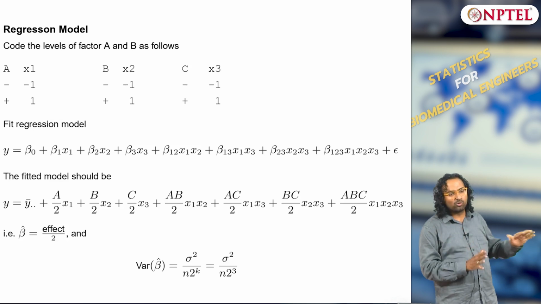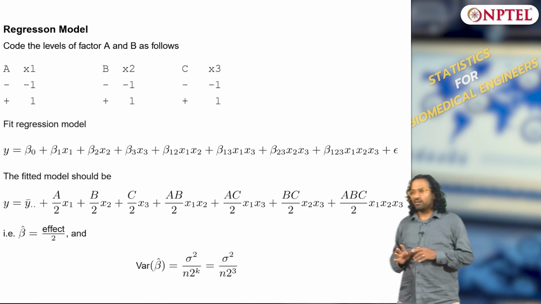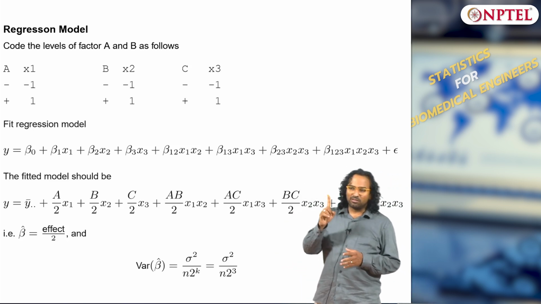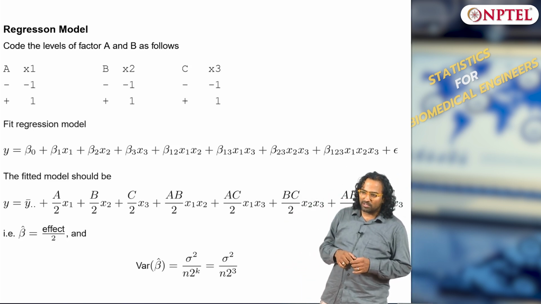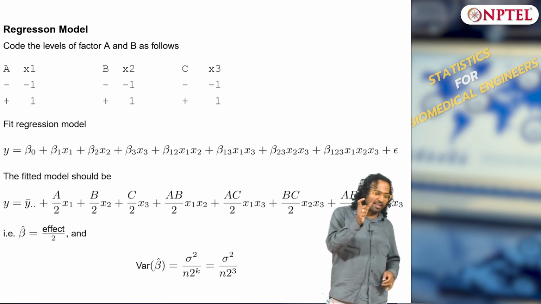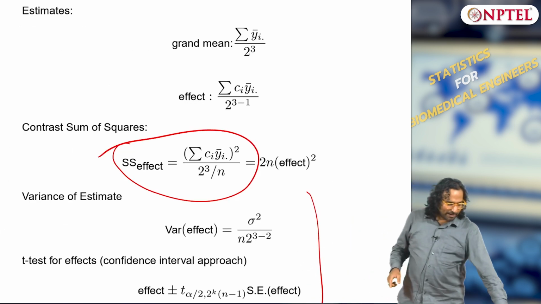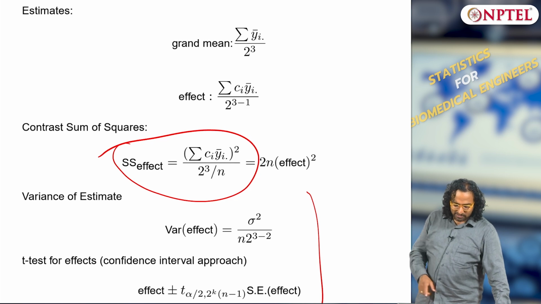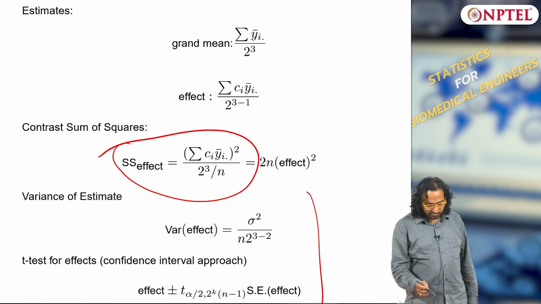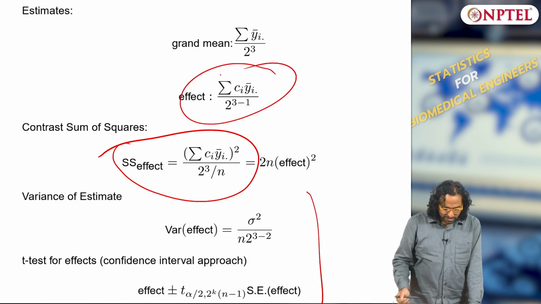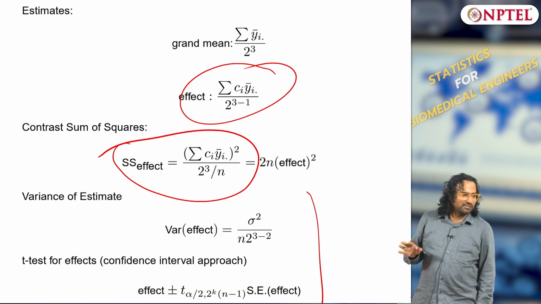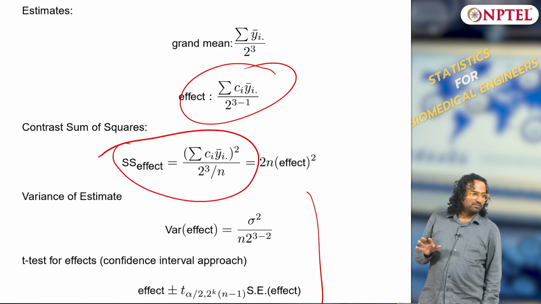So same as 2 power 2, okay. So that is why 2 power 2 and 2 power 3 are pretty easy: when you learn 2 power 2, it is an extension to 2 power 3, and the only equation that becomes important is the fx equation. Once you know the fx equation, everything is straightforward. This is the only equation you should know about. Once you know the fx equation, everything else is straightforward. Clear?